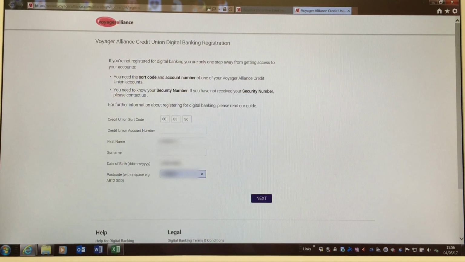Okay, so just a couple of points before I click the next button. You'll see the date of birth needs to be in the format of day/month/year. And the postcode needs to be your postcode with a space in the correct place. Once you're confident all the details are correct, if you press the next button,